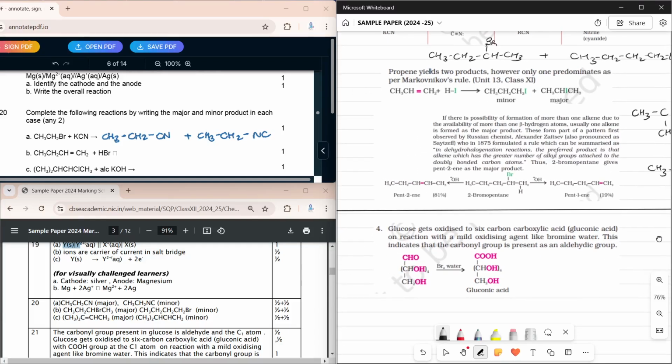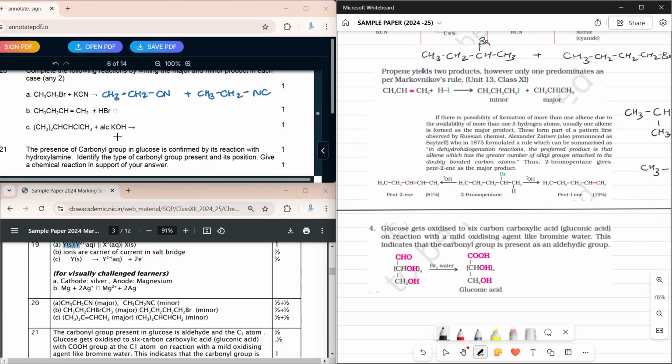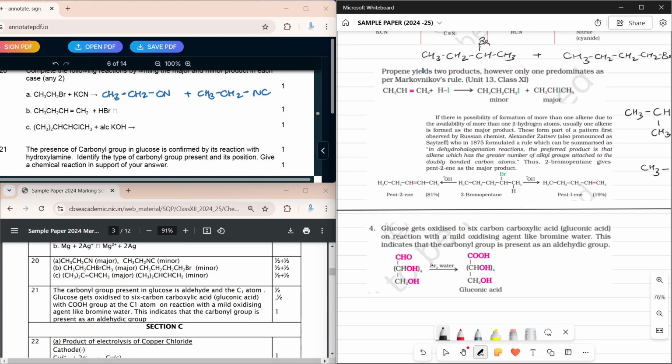The last question under this section is question number 21. The presence of carbonyl group in glucose is confirmed by its reaction with hydroxylamine. Identify the type of carbonyl group present and its position. Give the chemical reaction to support your answer. So obviously this question is from the chapter biomolecules. Now, this is again directly from your textbook. I was able to obtain it from the structure of glucose. So glucose gets oxidized to 6-carbon carboxylic acid, gluconic acid, on reaction with a mild